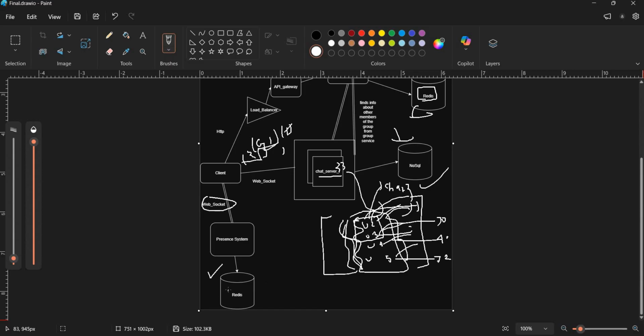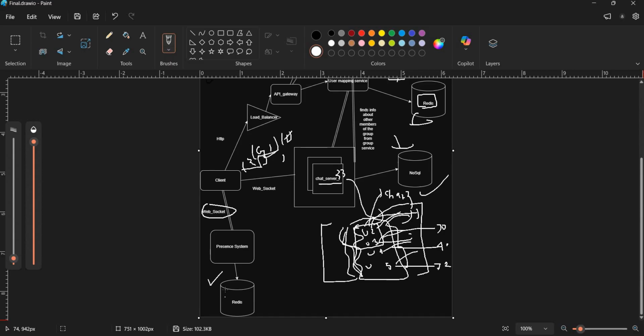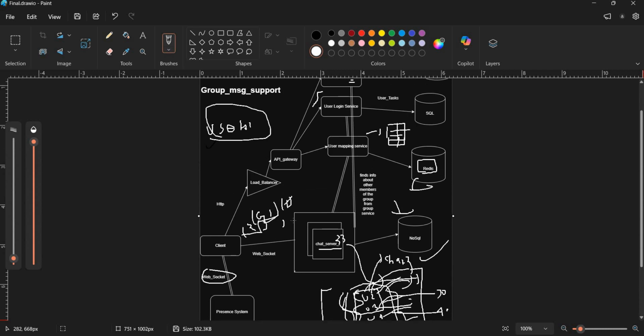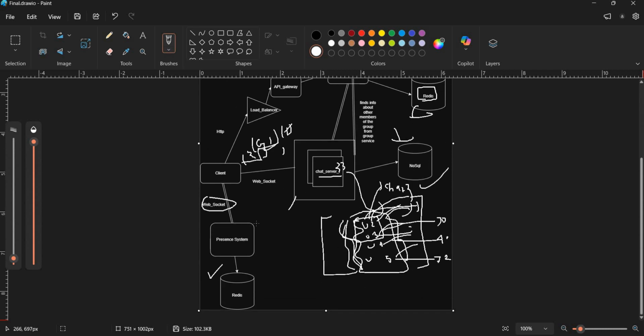So what is its purpose? Why are we introducing this? First of all, to understand whether the user is offline or online, or when the user was last seen. And this particular chat server also communicates with the presence system. Why? To know, hey, is the user actually active? If not active, then